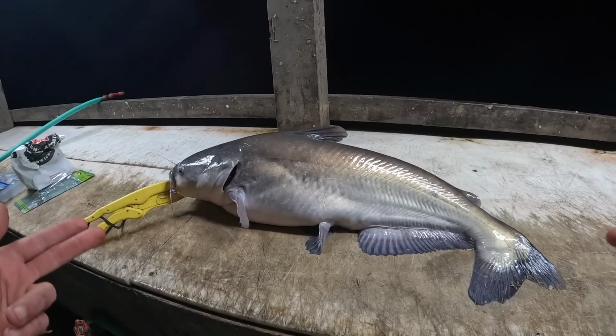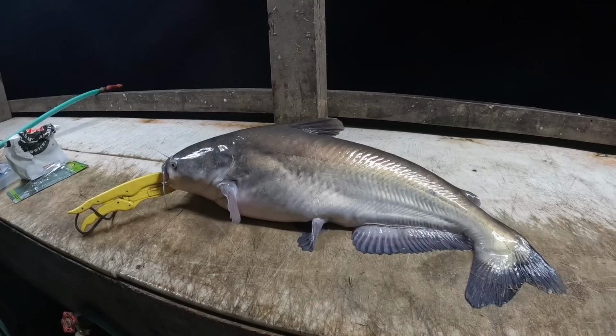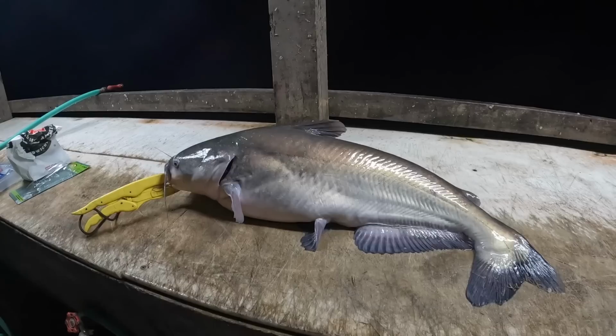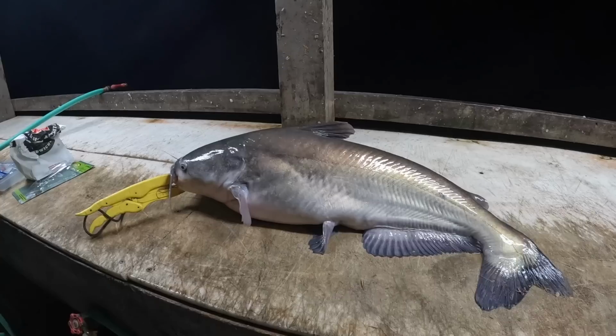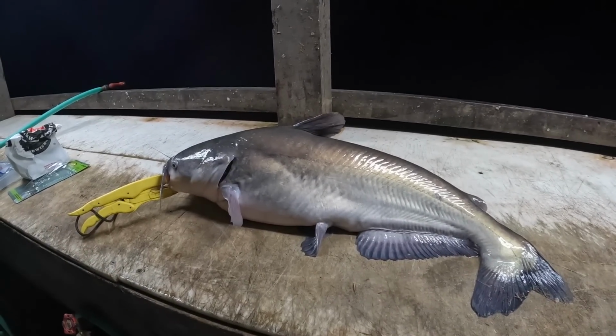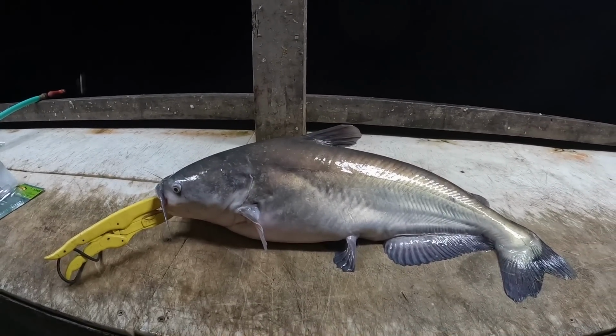I will let you guys actually guess down in the comments what you think it is, because I'm not going to bother weighing this particular fish because it is not a trophy to me. Somewhere this is a monster, but here, right now, it is not a monster. It is a baby blue cat. That's what that is. Compared to what you usually catch,